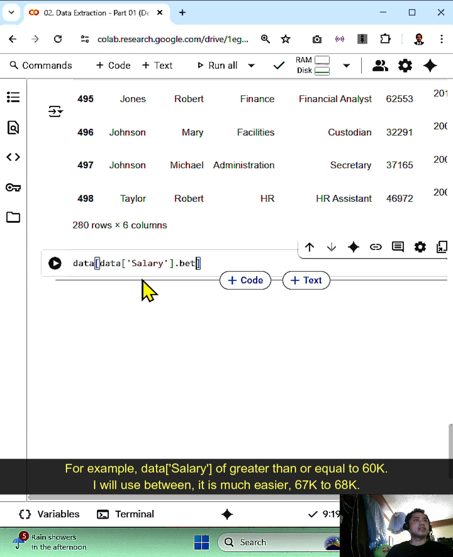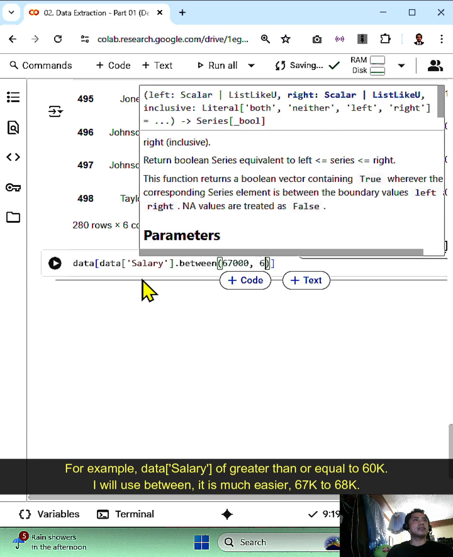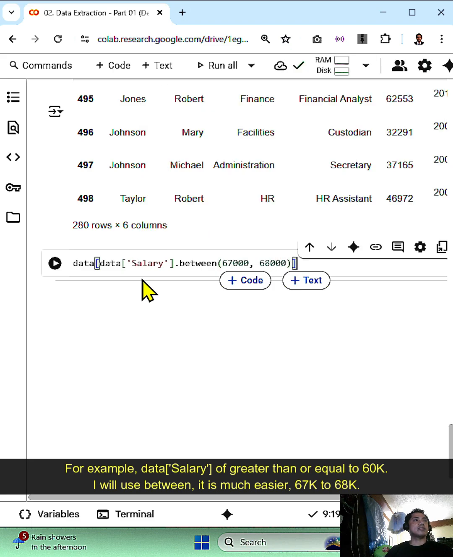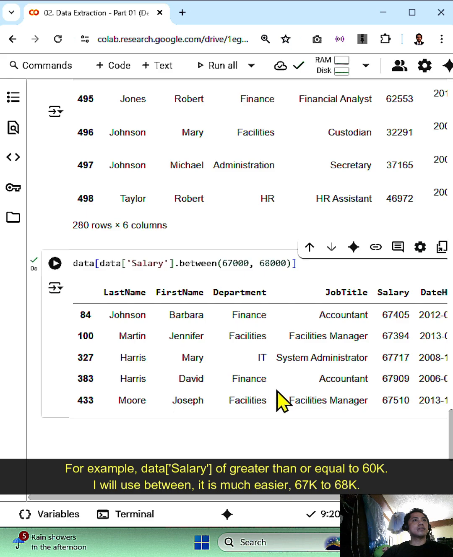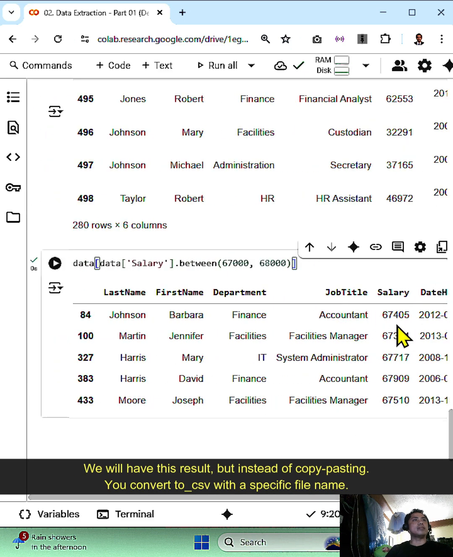It's much easier. Salary between 67,000 to 68,000. Okay, so we will have this result, but instead of copy pasting this one, you convert to CSV and specify a file name, for example,